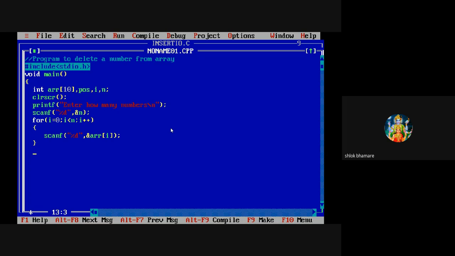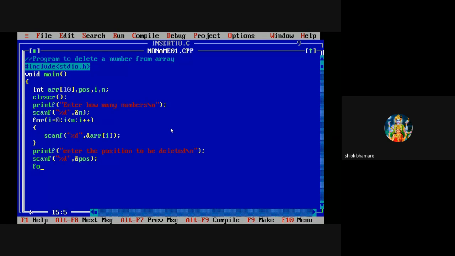Now print it, enter the position. Okay. Now we have accepted the position which we want to delete.